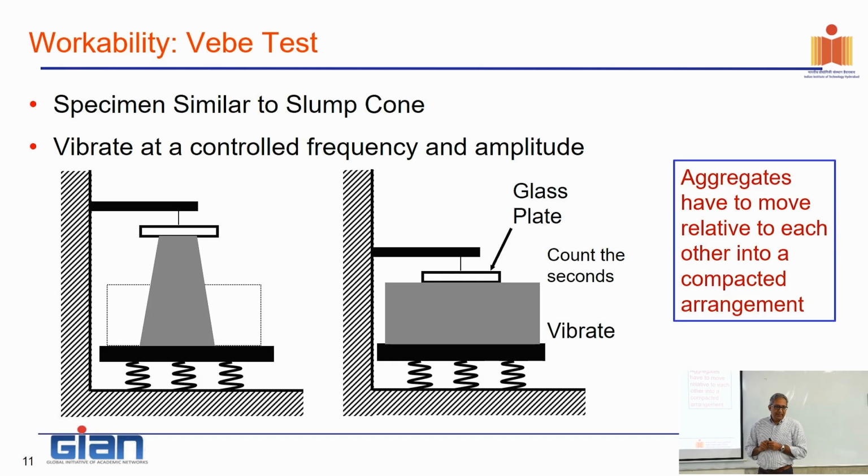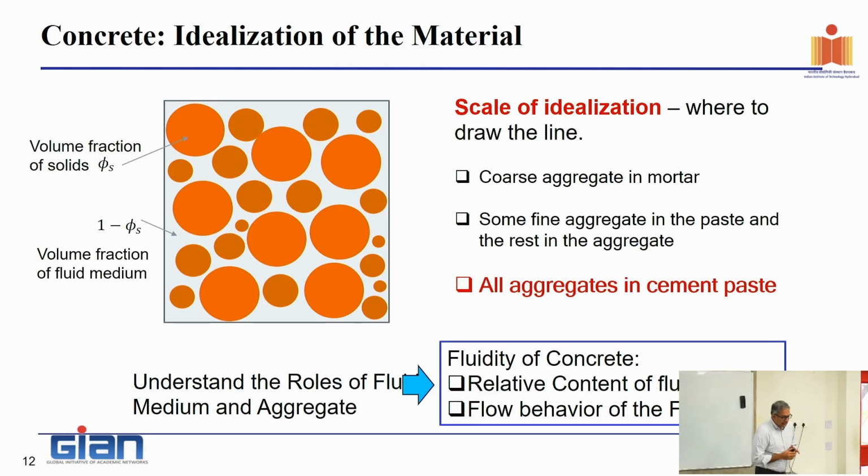There are, of course, always the causal effects. You'll say, well, if the aggregate has a high surface area, or if the surface is rough, they will basically stick to each other, they'll not move. Yes, given. That's one characteristic. So you have the primary effects which impede the movement, and then you have the secondary effects. So what we have to look at is the primary effect that would prevent this fellow from filling this form, which basically happens when the aggregates move relative to each other. What stops that from happening? And if that effect is something I cannot manipulate with my primary levers of the proportions, then I have to bring in admixtures to facilitate that. Now, this is the idealization.